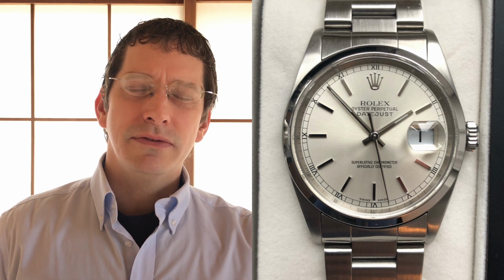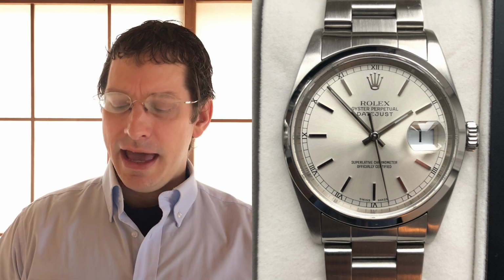The dad, who is a doctor, got this from a former business partner, and it was a 16200. That's a Datejust with sort of a champagne dial, as Jacob calls it. It looks to me like a silver dial, but he calls it a pearl/champagne dial. And looking at it here, yeah, it looks to be on an Oyster bracelet, smooth bezel, and Jacob fell in